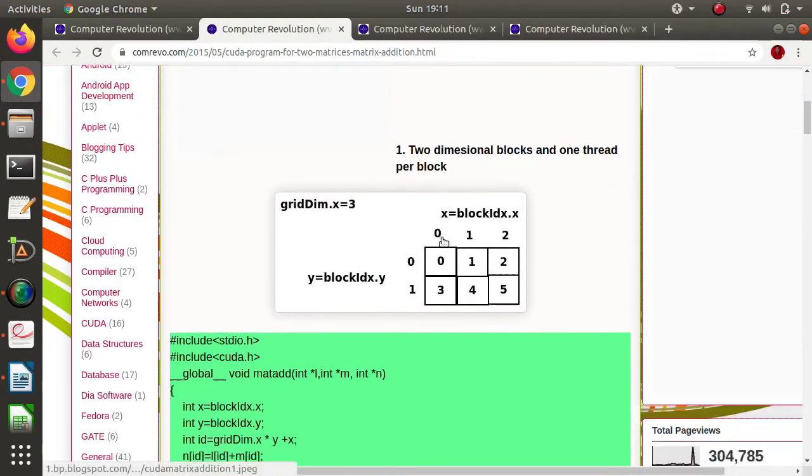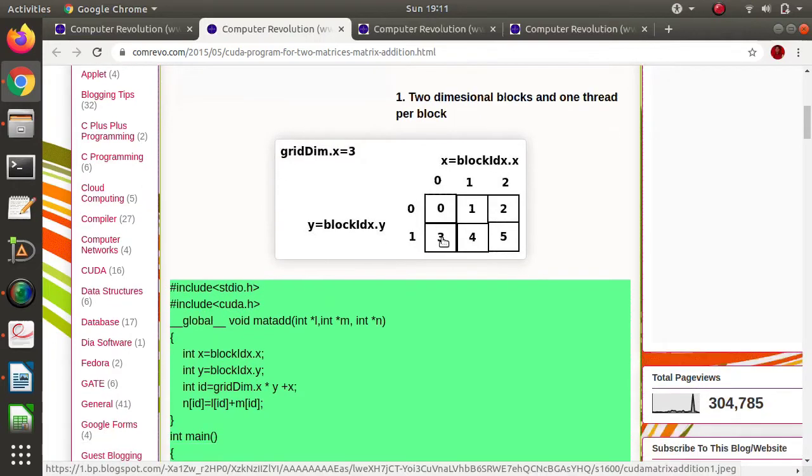Generally, when we add two one-dimensional arrays, at that time, we require blocks and threads those are arranged in one-dimensional space. While for addition of two matrices, we require blocks and threads which are arranged in two-dimensional space.